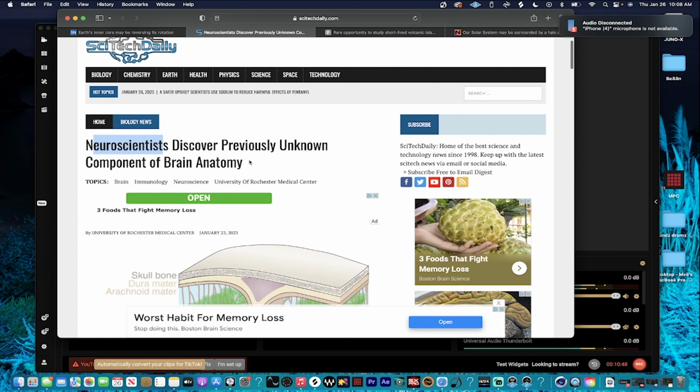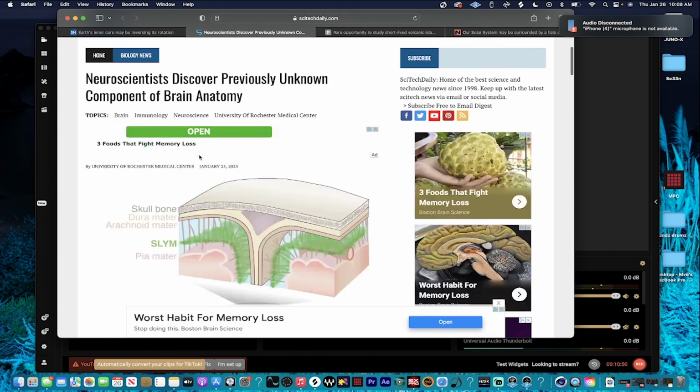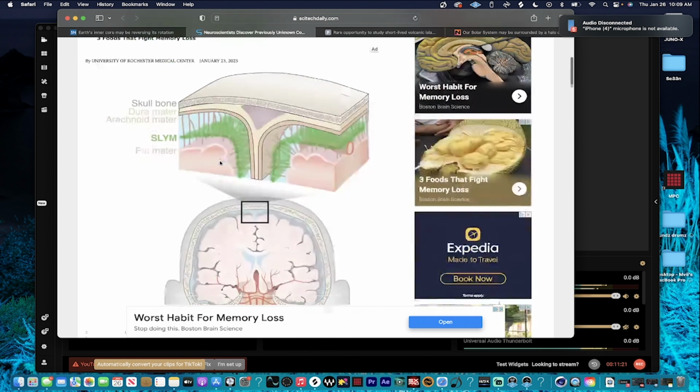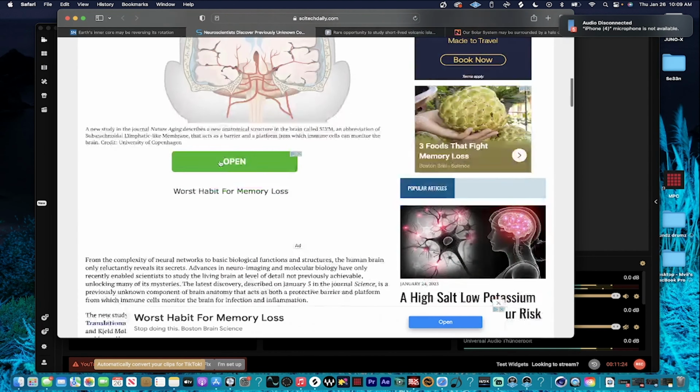Neuroscientists discovered a previously unknown component of the brain's anatomy. People didn't know I was on this one. So essentially, one thing I'm gonna say is, I'm not gonna say y'all find the most important things last, but y'all's nicest discoveries happen so late. I could tell as a pattern, even of recent medical discoveries, it's a lot of